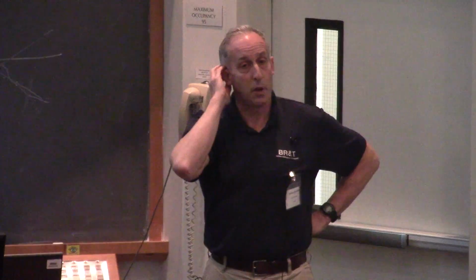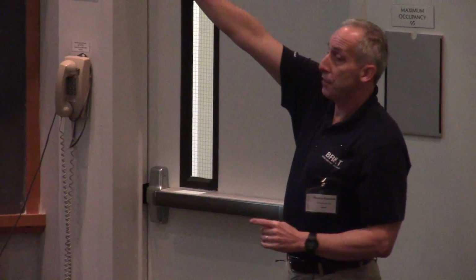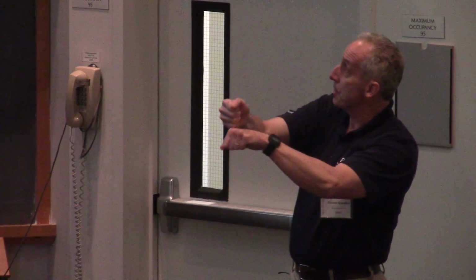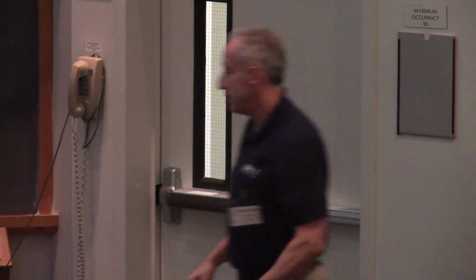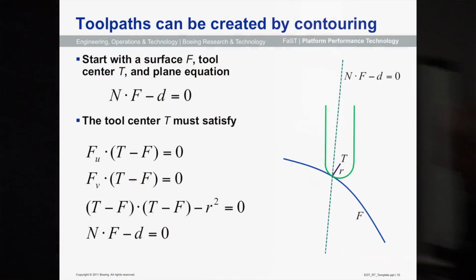One of the ways in which tool paths are defined, though certainly not the only way, and there are lots and lots of different ways, is to take a planar cut of the surface. If this is a 3-axis milling machine, then as I drive the cutter along that planar cut of the surface, I want to maintain that tangency. So let's take a look at what we've got going on right here.